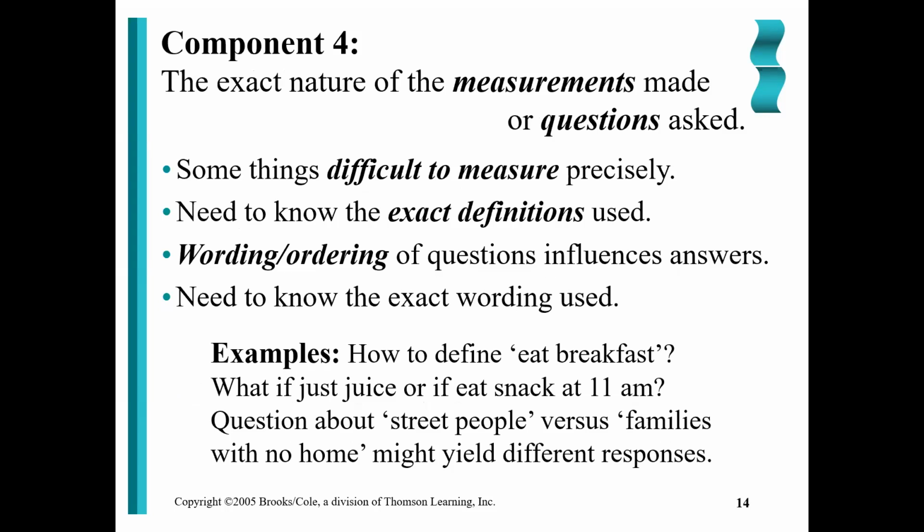Component four is basically once you have the sample, how do you measure what you're measuring? What questions are asked if it's a survey, right? Is something that we're measuring difficult to measure? An example would be something that is not directly measurable in a survey. For example,